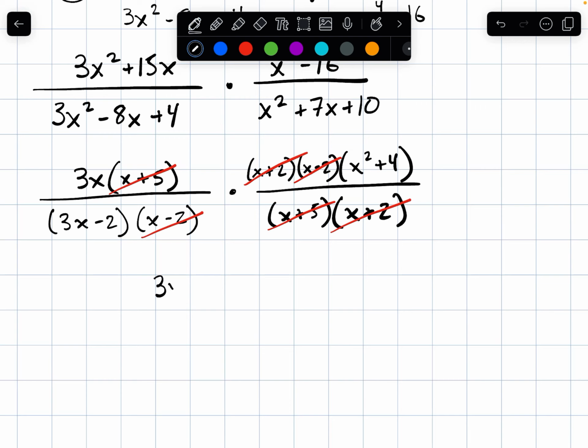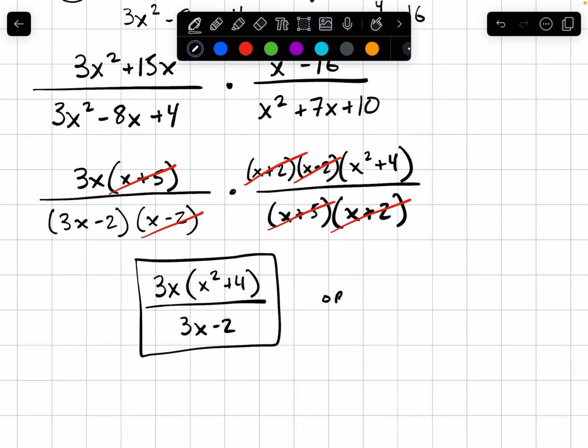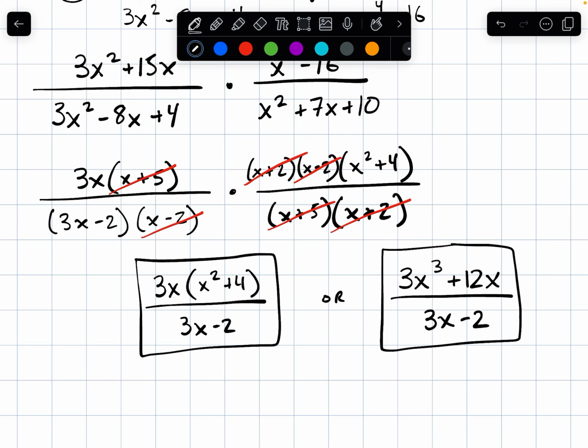So in my numerator, I have a 3x. I still have an x squared plus 4. In my denominator, all we have is a 3x minus 2. So this is a good answer. Again, if you're doing the ACT or SAT, you might see the top expanded back. If we distribute that 3x, that would be 3x cubed plus 12x. The denominator would stay the same as 3x minus 2. And this also would be an acceptable answer. So I would take either of those. The only reason to do this extra step would be to try to match up your answer on the ACT or SAT, but I would take either of